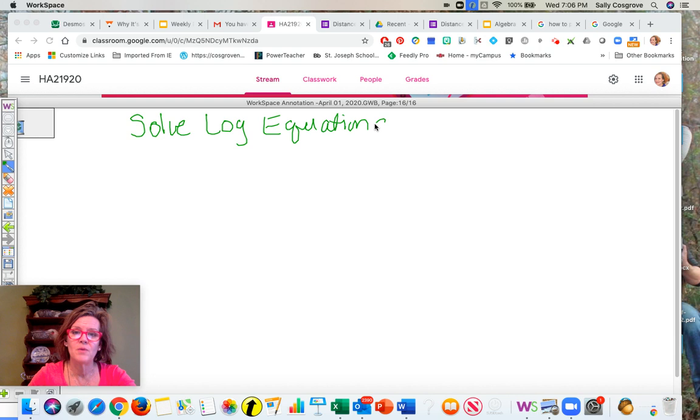And again, if you are in your book, we are on page 478. And this is just building on yesterday's lesson where we had log expressions and we created an equation and rewrote it in exponential form based on the definition of a log. So just to kind of remind you of the definition of a log,